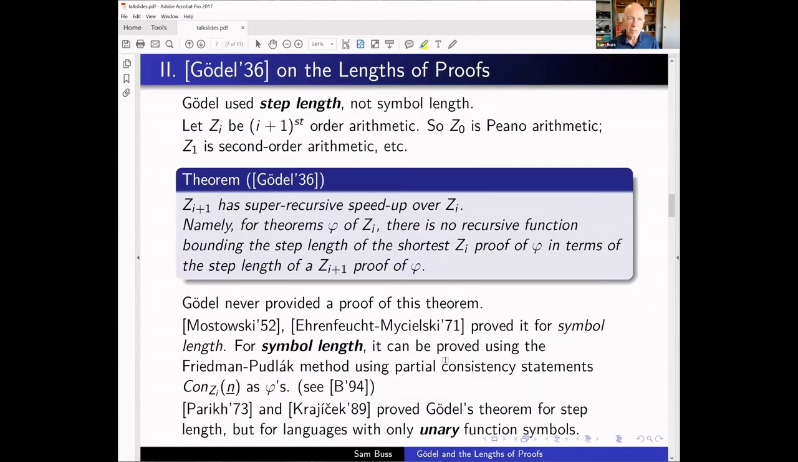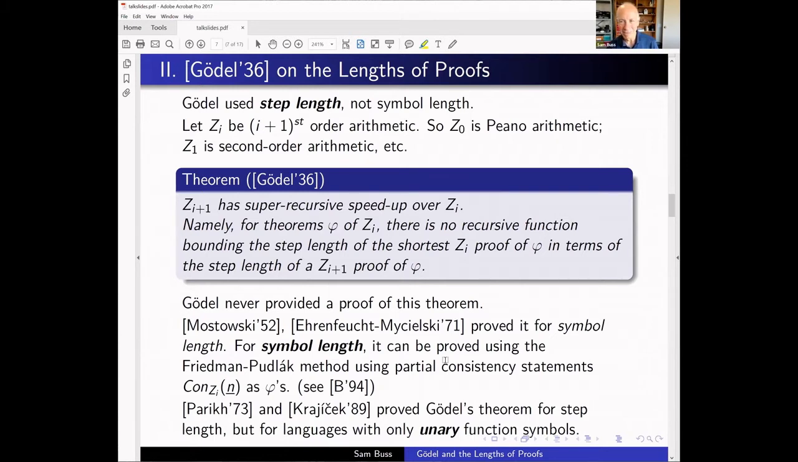Okay, so now back to Gödel's 1936 paper on the lengths of proofs. In it, Gödel worked with step length, not symbol length, and he talked about higher order systems of arithmetic. This was seemingly just a year or two after his famous paper on incompleteness. And he even has a remark at the end of this paper about the robustness of recursive functions,